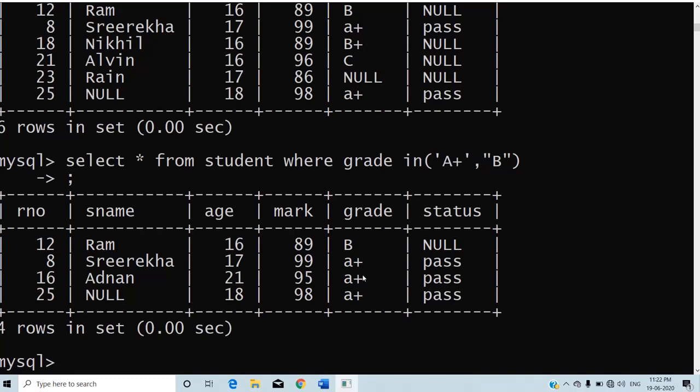What is the reason? Because SQL is not case sensitive. So it will consider both capital letter and small letter as same. That is why, when the condition part is in capital letter, it will consider capital and small letters as same. So even when the record value is in small letter, it will still be displayed. That is the use of your IN operator.